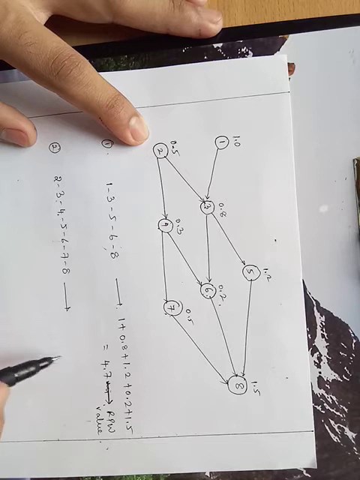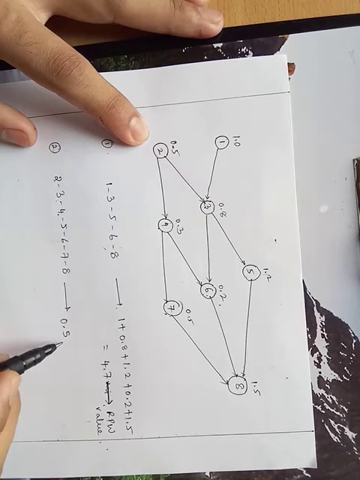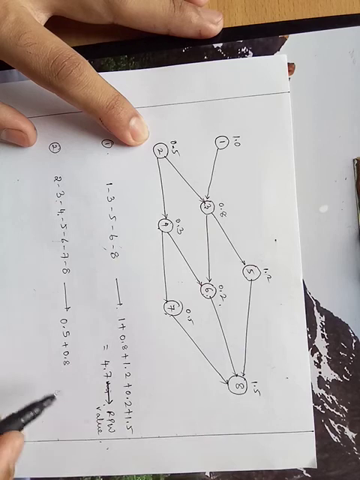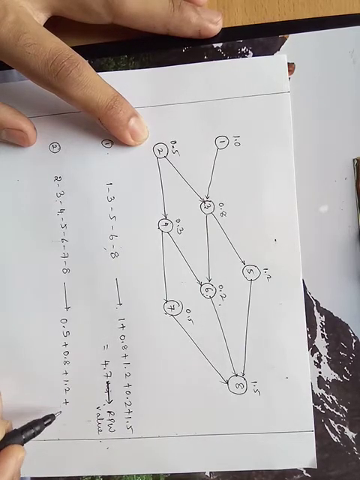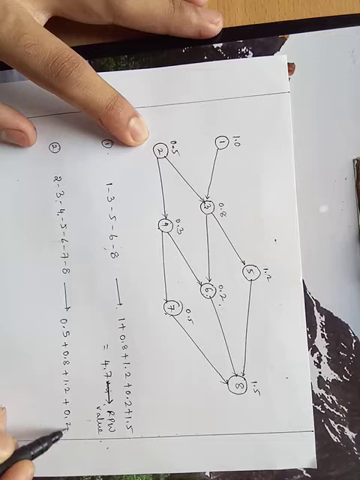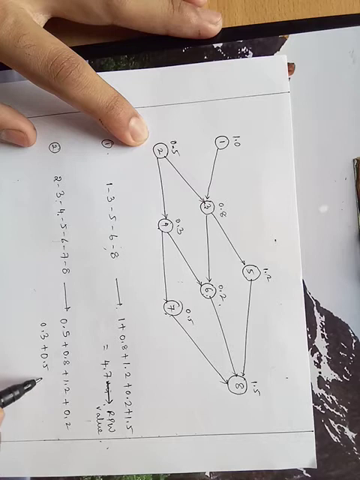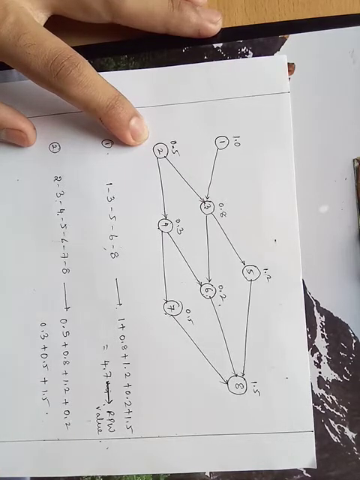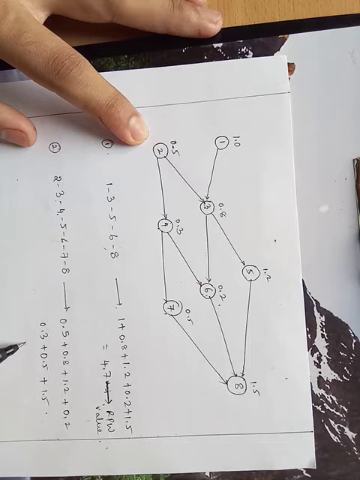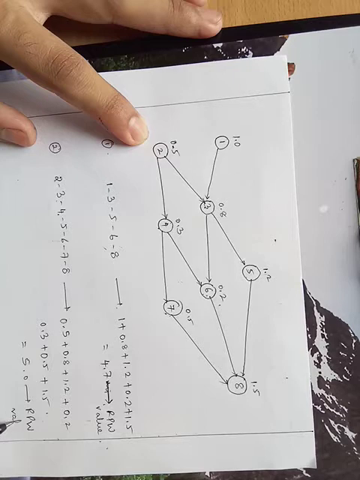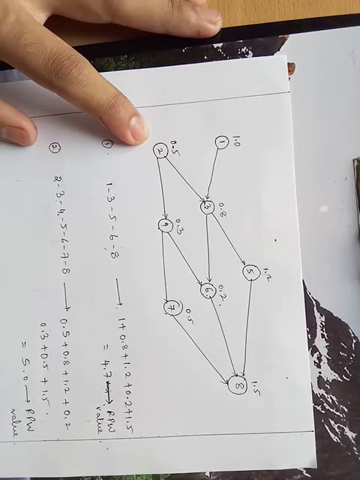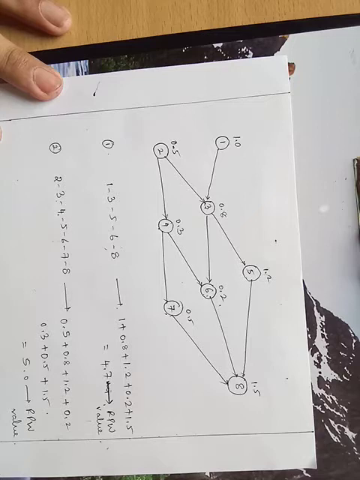Now you need to add up the times starting from 2, so it is 0.5, 0.8, 1.2, 0.2, 0.3, 0.5 and 1.5. So here you are getting 2, 2.3, 2.5, 3.7, 4.5 and 5. So this is the RPW value for element number 2, right? So this is how you need to proceed.